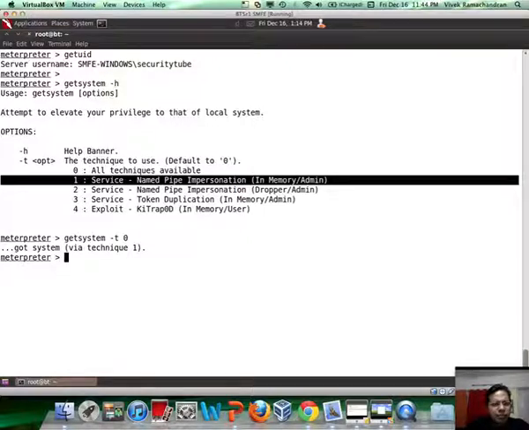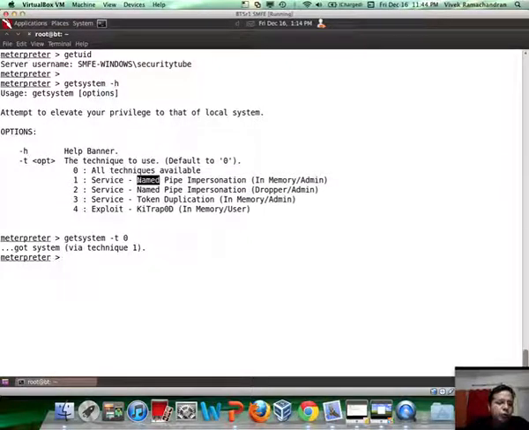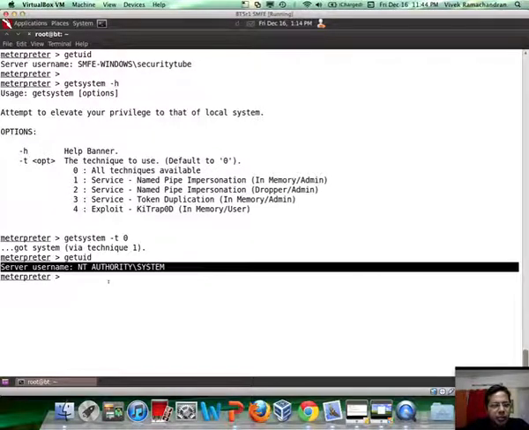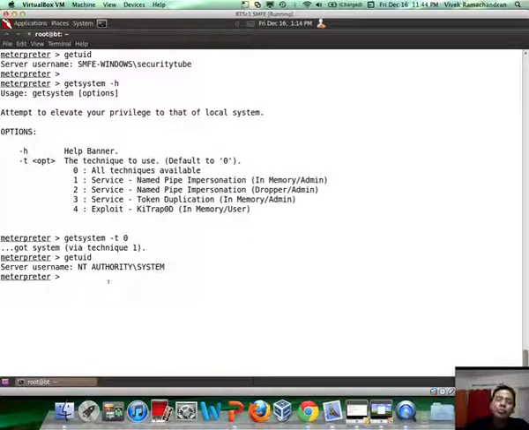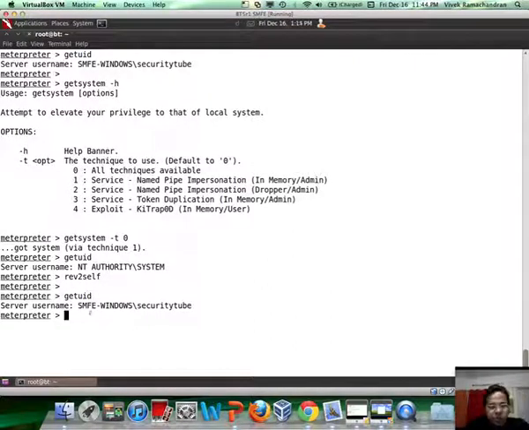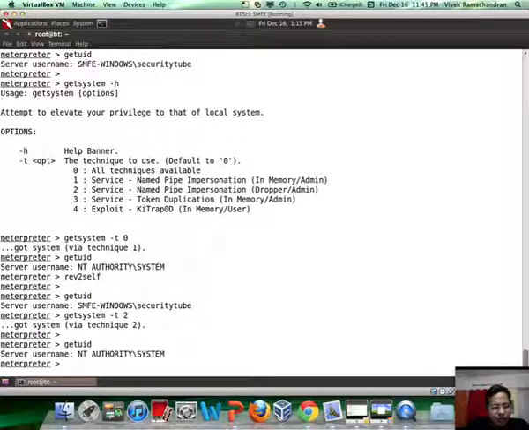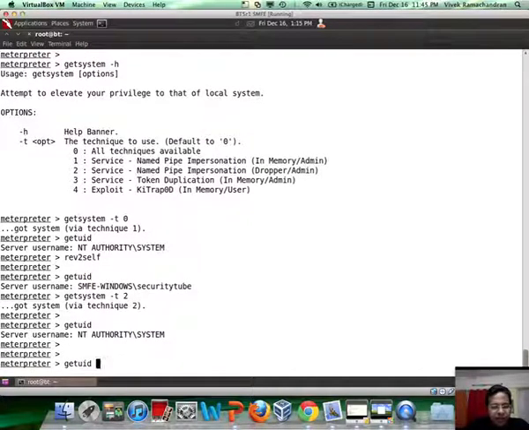So here goes. Oops. Okay. I gave the default option, but it actually, of course, would have to use the first one and actually got system. Now if I actually do a getuid, what you would see is I'm basically NT AUTHORITY\SYSTEM. Now if you want to go back to the same authorization as you broke in, you can just do rev2self or revert to self, and this takes you back to who you were, which is SecurityTube. Now let me go ahead and give it option 2, which is a variation of the named pipe impersonation attack. Again, we got system. We can verify this. Let's revert back to who we were,